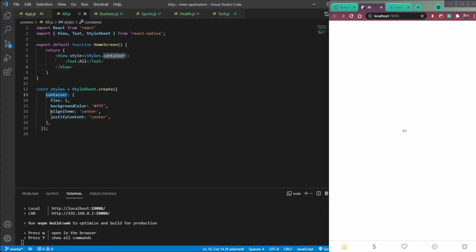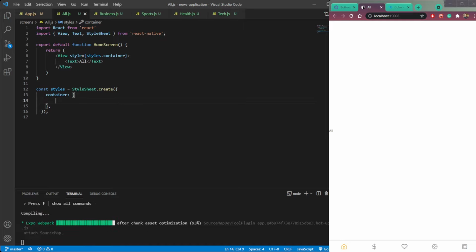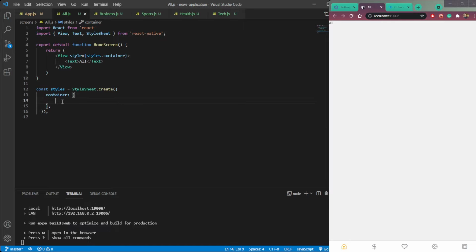We don't need align items center, so remove it. Remove the flex as well and the background color. Now we need to center the element, so textAlign, make it center. Now you can see the text has been centered.